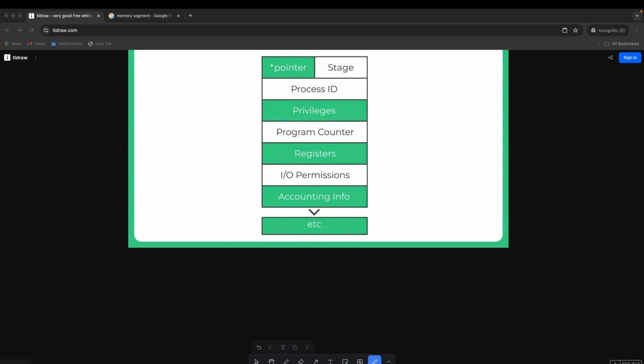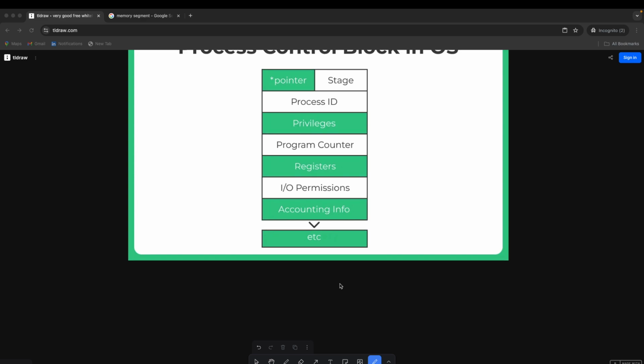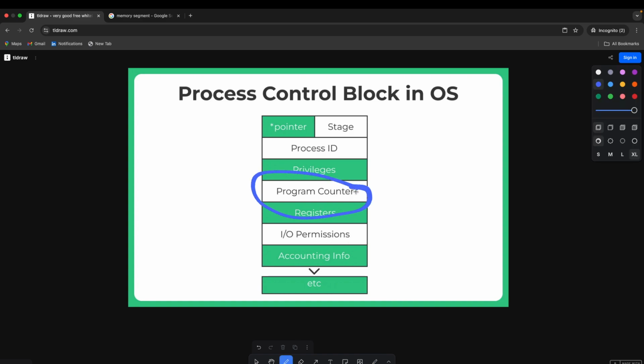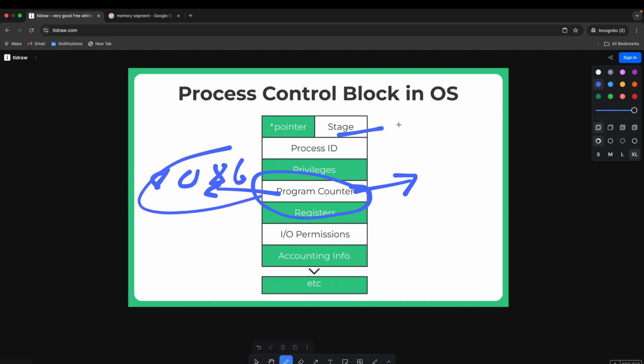So that is all. Now, the program counter will contain the address of the next instruction. This is very common, right? You see this in 8086 as well, there is something called the PC. Now, state is what state the process is in.